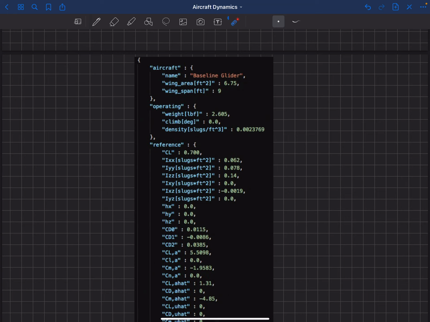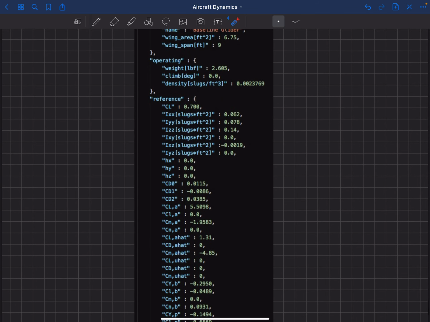That's the angular momentum tensor. So if I had something rotating on this aircraft, for example a propeller or a jet engine or even a gyroscope, that can influence the forces and moments on the aircraft in a dynamic sense. But this glider doesn't have any propulsion, and it doesn't have a gyroscope on board, so those are all 0.